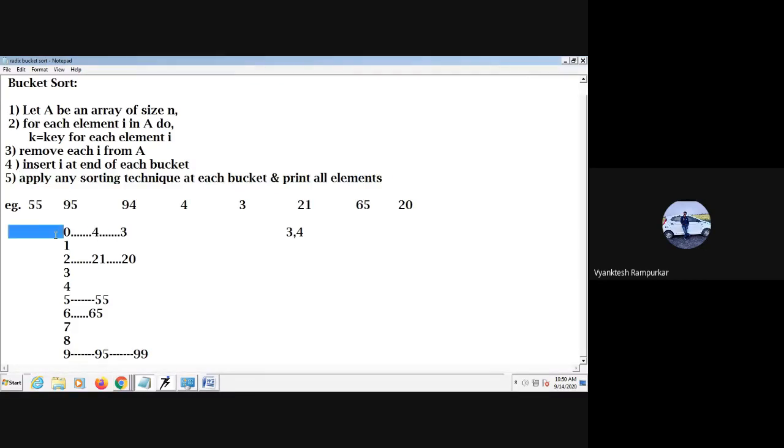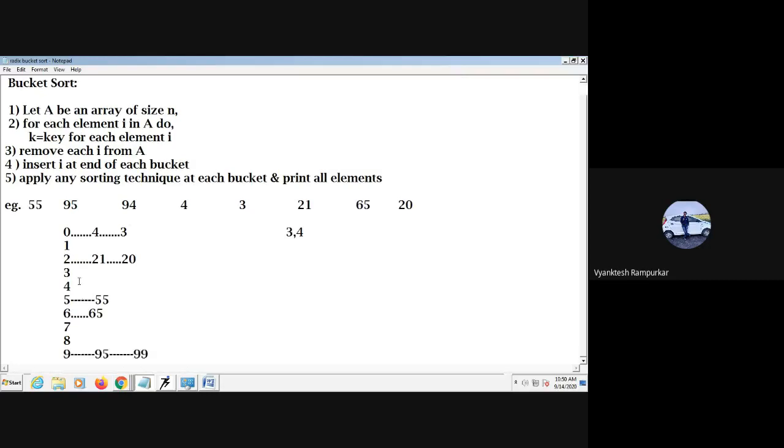So when I apply sorting technique at each bucket, 4 3 becomes 3 4. Then second bucket is empty. What about this? It becomes 20 21.